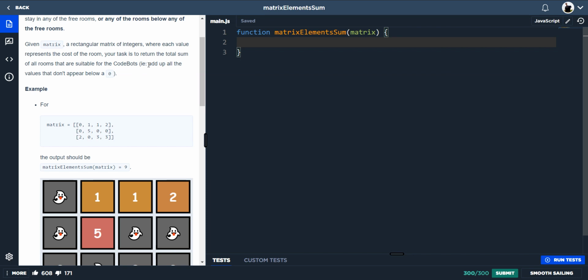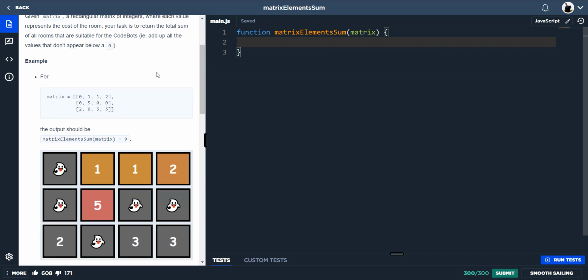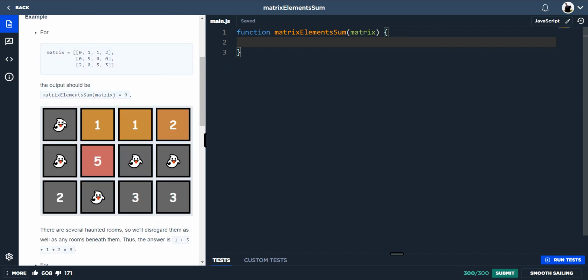And then the massive hint here is this: add up all the values that don't appear below a 0. They've even made it simpler, in that every 0 is a ghost. So here's our matrix, even setting out the arrays like this. If we were going to do console.log matrix,